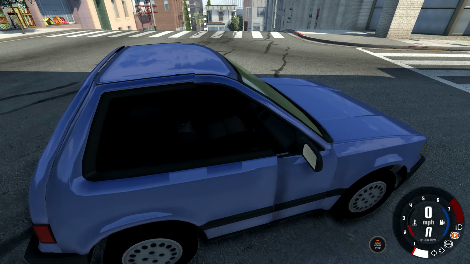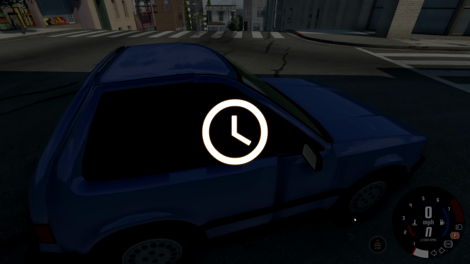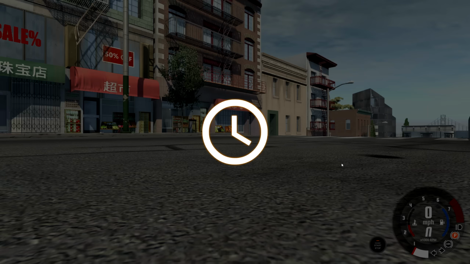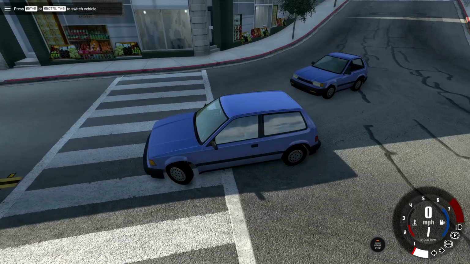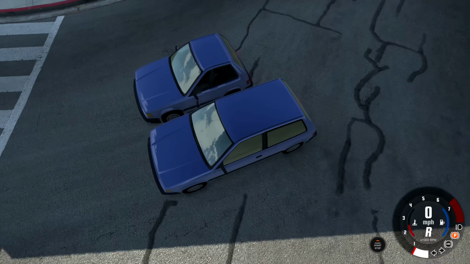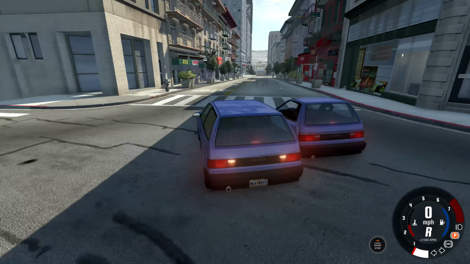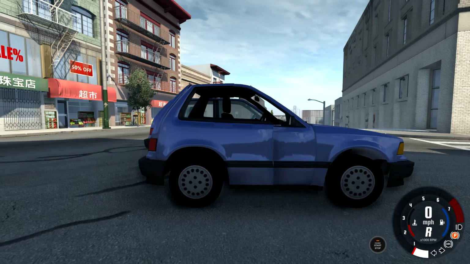And for comparisons now, we're going to spawn up the regular Covet right next to this thing so you can see just how much smaller it is. It's basically the size of a normal Covet without the trunk. It is a small vehicle, so lining them up like that, you can see the size difference and about where it gets chopped off. So it's like right at the rear seats, just gets chopped off,